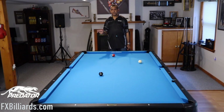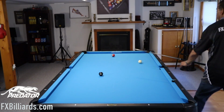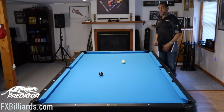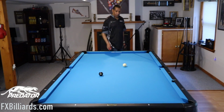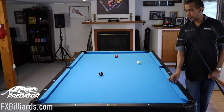I showed you guys this shot in some other videos, but it's worth repeating. We're on the 3 and we need to get on the 8. One thing you could do, if you have perfect speed control, is come off of that rail and pull up just like that for that 8. Do you have that speed control? I hope you do, but if you don't, because I don't always have it, if you don't, what you could do,